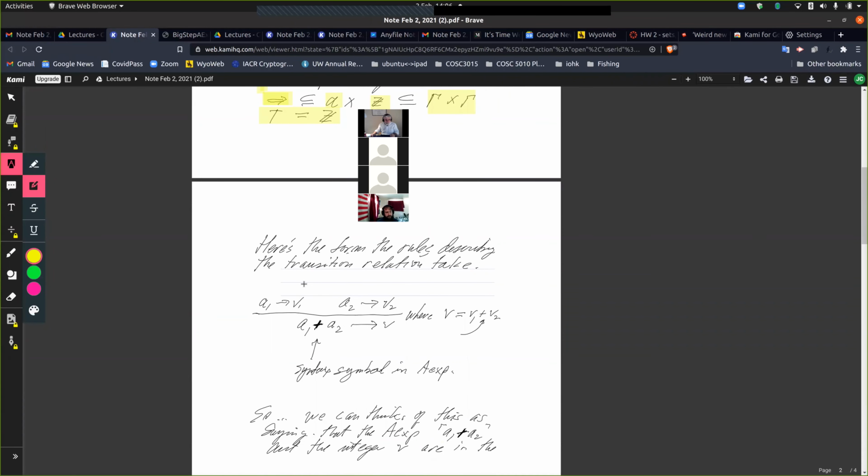Okay, so this is the form that a rule takes. And what are these rules describing? You can think of them as describing two things in a way, but they describe a recursive or inductive relation. It's a relation that is defined